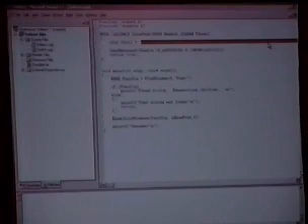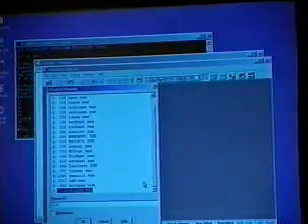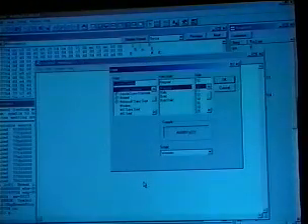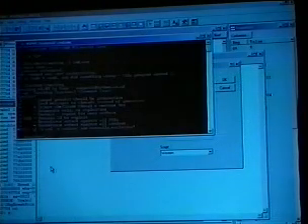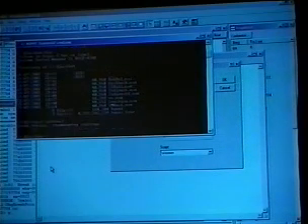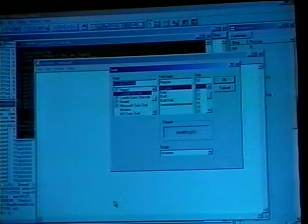Before I run this, I'm just going to attach a debugger so you can see what's going on. Okay, so the debugger's running, and I'm going to run indirect. Okay, so it's found the dialog, it's enumerated the children, and it's told me that it was successful. And as you can see, there's now an extra string in that list box. Now, if I click on that string,